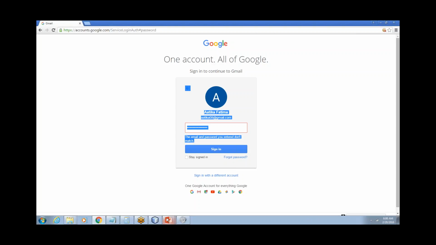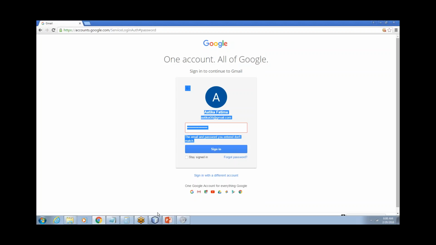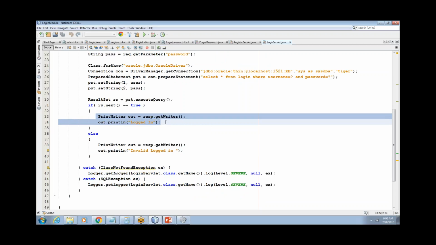So if you have to send any message from server to the client, then you will take help of this request attribute. request.setAttribute, error, key, and then the value pair. It takes two parameters, key and then the value pair. So you're storing this detail in the request object and sending it back. So first we will do the simple one. Then next we will add the error attribute. So rather than writing print writer, you should use